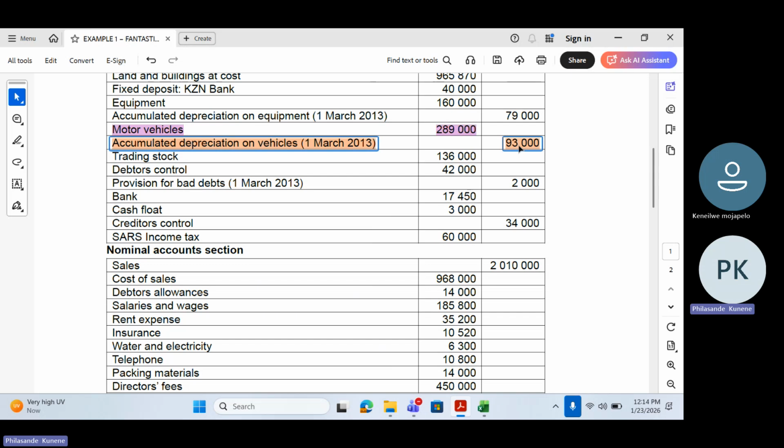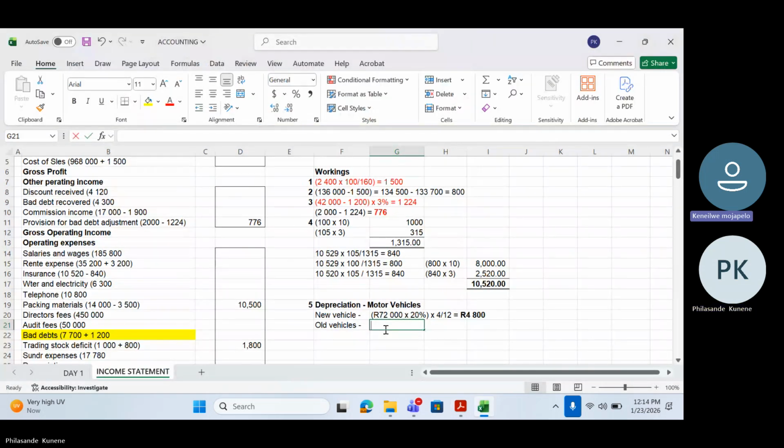So what are we going to break here? We're going to take 289,000. 289,000 then? Times 20%. 289,000 times 20%. Why are you saying multiply by 20%? Because you're counting the depreciation for